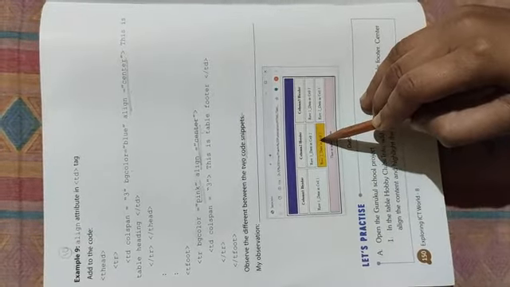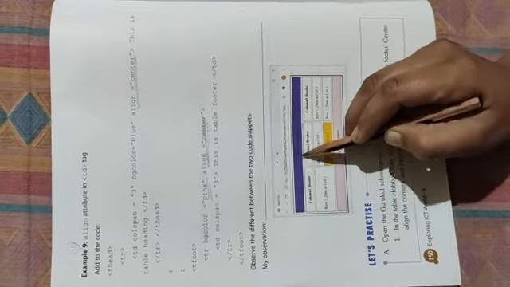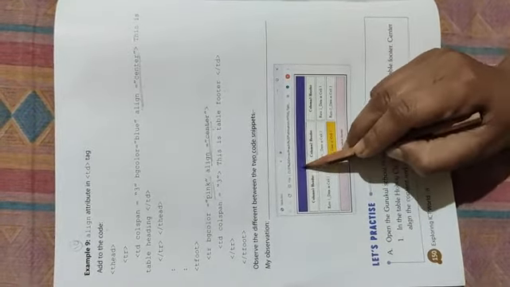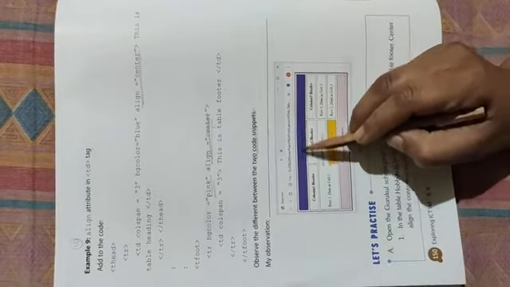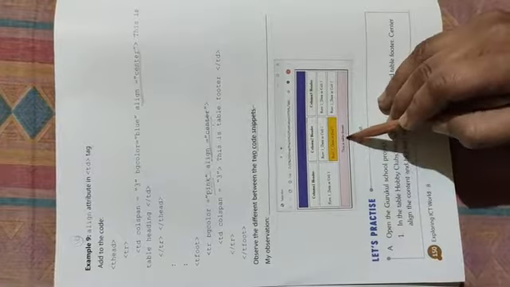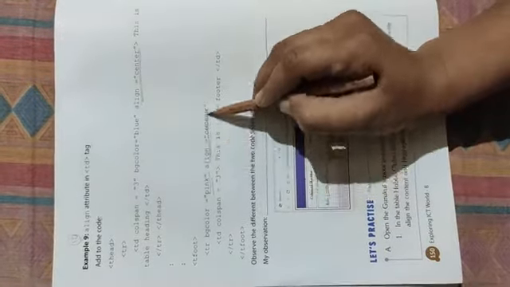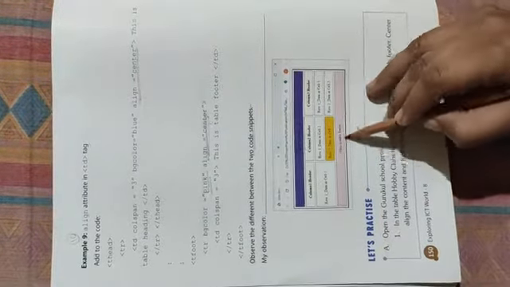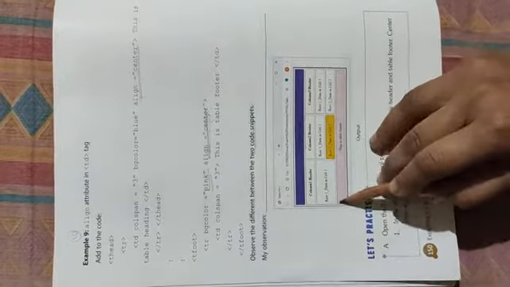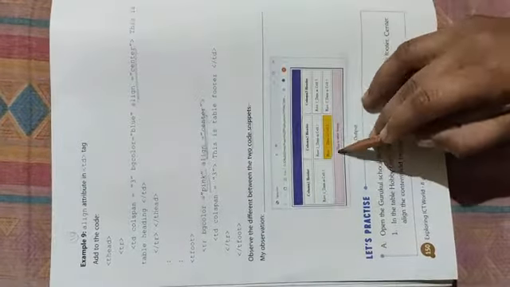Okay students, understand? Here we write also align equal to center, so this comes in the center. Here it is written this is table heading. Okay, it is in blue. That's why it is very dark, so we can't see it very clearly. And here we write also align equal to center, so this comes in the center, and before the example it came here. But if we use align equal to center, this comes in the center.